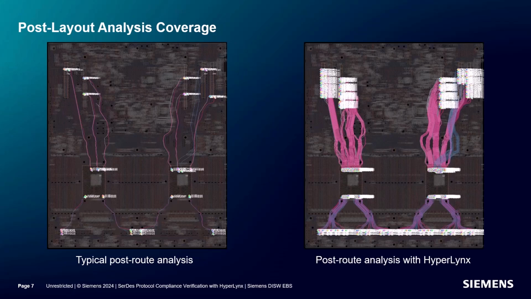Hyperlinks will let you verify all of the nets in your design automatically. You can reduce design risk by using hyperlinks to find those odd layout issues that theoretically shouldn't cause a problem but often do. Anytime you can find and correct a layout problem before prototype fabrication, that's a lot of time and money saved. We'll illustrate the process with the dual Xeon socket server design we see here.